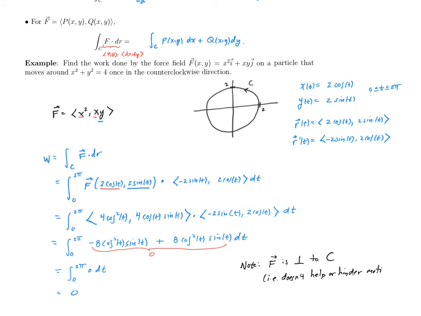And if it is not helping or hindering the motion of the particle, it does no work to move the particle along that curve. And in general, we think if the vector field is helping the particle move along the curve, we should have positive work. If the vector field is hindering the motion of the particle along the curve, we would have negative work,